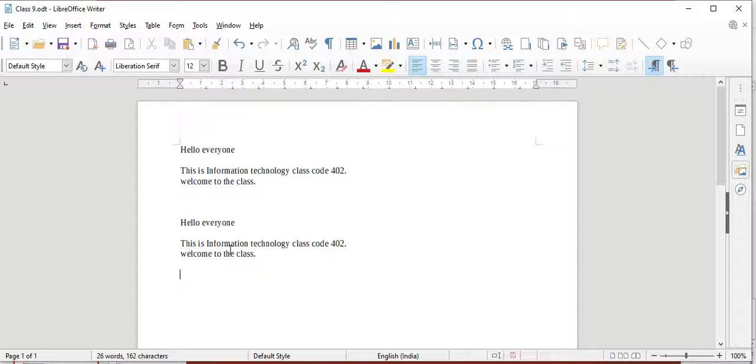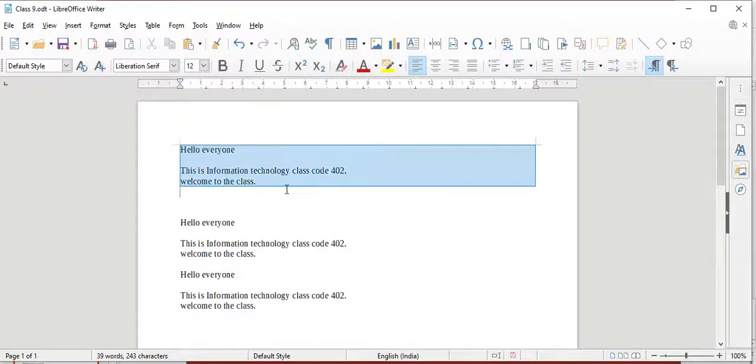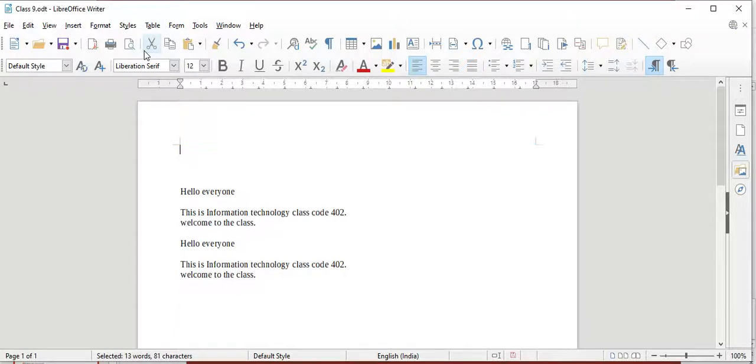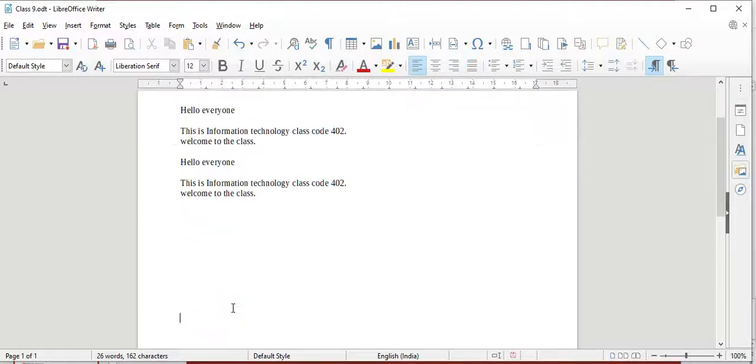With the keyboard shortcuts, you can use Ctrl C for copying and Ctrl V for paste. If you want to cut, say I don't want this front paragraph in my document, and I want that paragraph at the end of my document, just select the paragraph, press Ctrl X for cutting, go down where you want to have your paragraph, and press Ctrl V for paste.